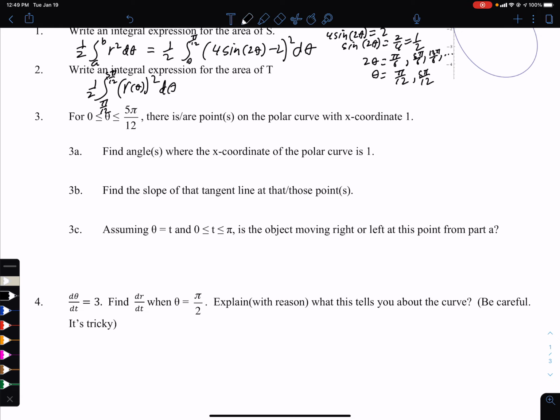Okay, so 3a. You want to know where the x-coordinate is 1. Well, x is r of theta cos theta, and you want to know that equals 1. Well, you would do this in your calculator. Put this function in your calculator, graph 1, find where they intersect. And in this case, that comes out to be 2 places. I'll say at a equal